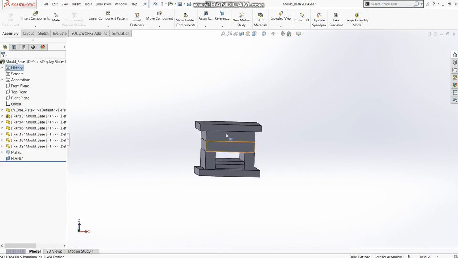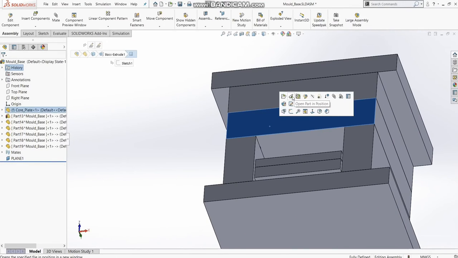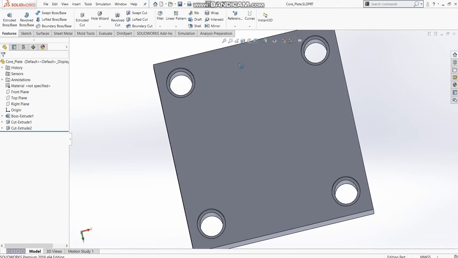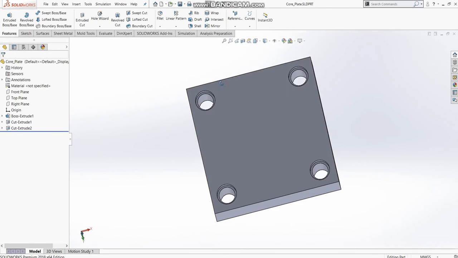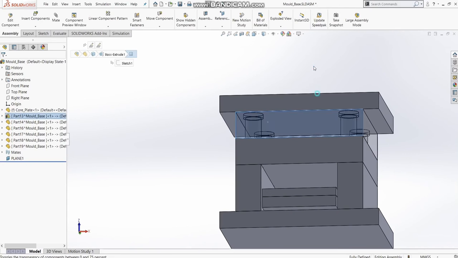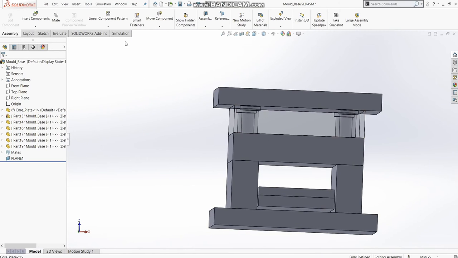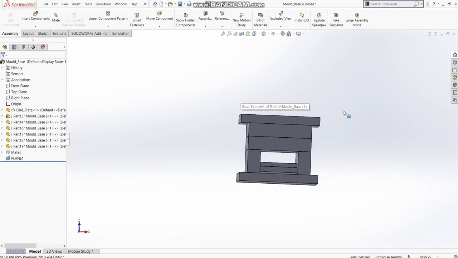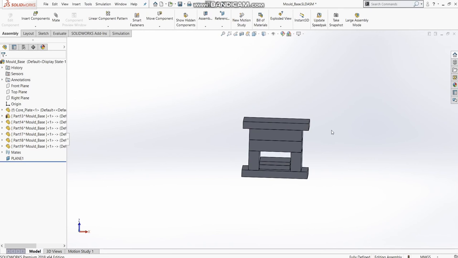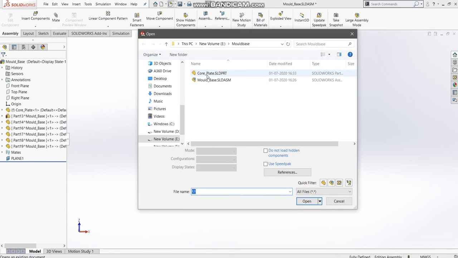with this method. The next thing I have done is prepare a sketch for the guide pillar by sketch and cut extrude, and I've transferred these holes. You can see from here I've transferred these holes in the cavity plate by directly using the convert entities option. So now our mold base is ready, but one thing you can see, if you go into the directory, only the core plate can be seen as an independent part, the rest of the parts cannot be seen.